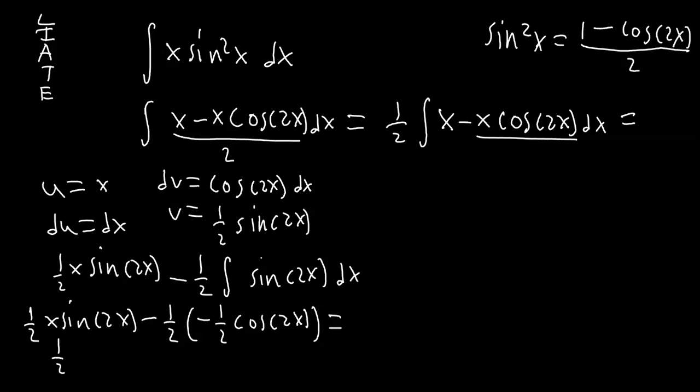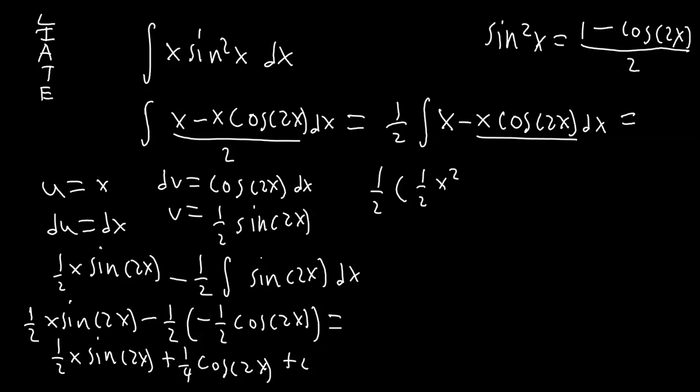Overall this will just give you 1/2 x sine 2x plus 4 cosine of 2x. If you want, you can put plus c here, but it doesn't matter. So our answer would just be 1/2 times the